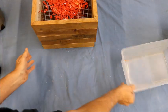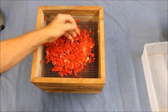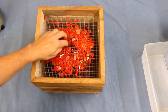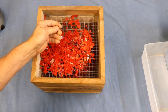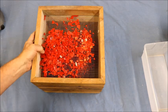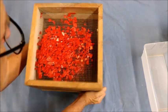All right. Now, if you happen to have some magic marker or something on this, don't worry about it. That will burn off. Make sure you get the tape and all the other stuff off. If you have any kiln shelf stuff on the back of it, don't use that because that will not burn off. But once you've got your stuff ground up in however you're going to grind it, and you just shake it,